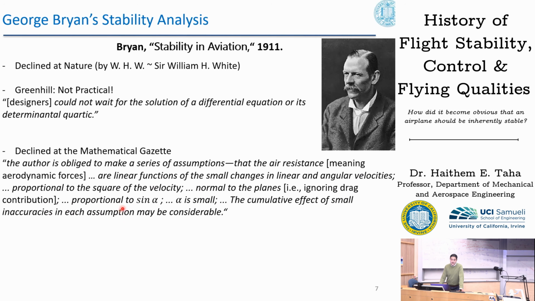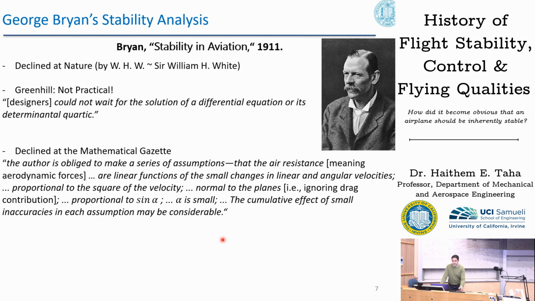And one of the most interesting to me, frankly speaking, is that he considered that aerodynamic load is proportional to sine alpha. We nowadays take it for granted because we have an aerodynamic theory. So the lift coefficient on a flat plate, we know very well, is CL equals 2 pi sine alpha. At the time, there was no aerodynamic theory. And indeed, in Britain itself, the dominant aerodynamic theory at the time, which was the incorrect one, had a complicated nonlinear dependence on alpha. It was not sine alpha. Indeed, this is something that skipped historians. People did not comment about it. For me, it's amazing. I don't know how he came up with the sine alpha dependence, really.